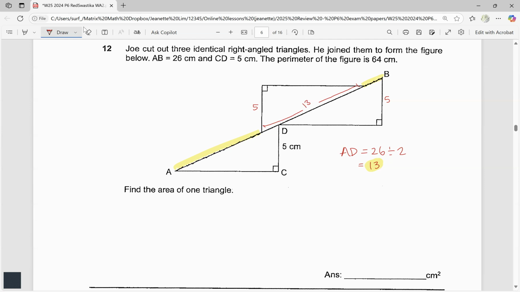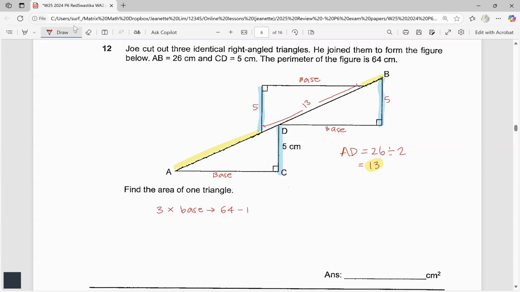Now, this is the base, and this is also the base, and they actually form part of the perimeter as well. Now, the other thing that I want to remove from the perimeter would be this. Whatever I'm highlighting is part of the perimeter, and these are known values that I'm trying to remove. If I were to remove all the yellow and blue lines, I would end up with 3 times the base. So 3 times the base would be 64